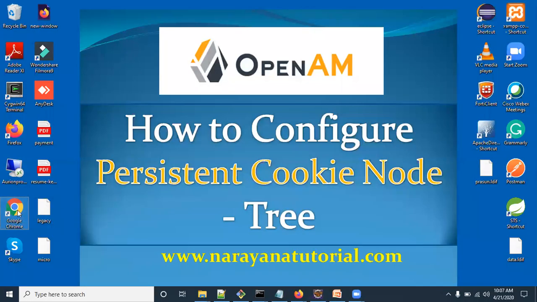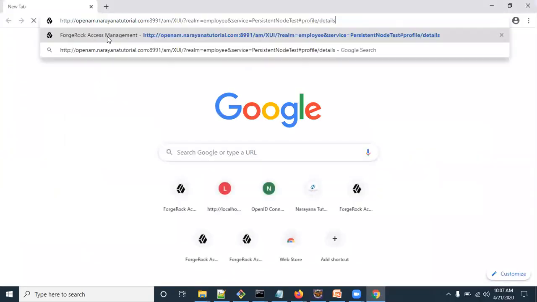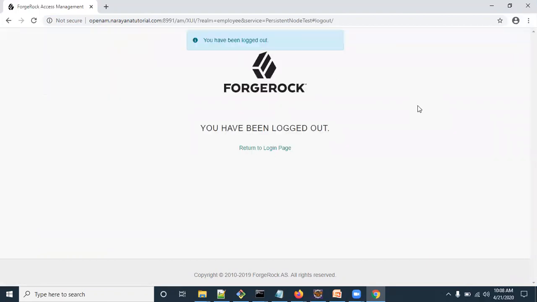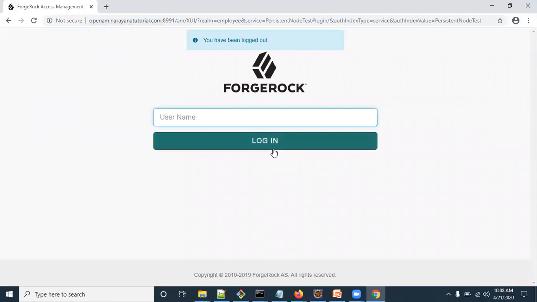Again open the browser and enter the URL here. It automatically redirects to the success page, like a home page or profile page, without asking for any username and password again. Once you click logout, the session will be destroyed and the cookie will be destroyed. Then we have to ask for username and password again.